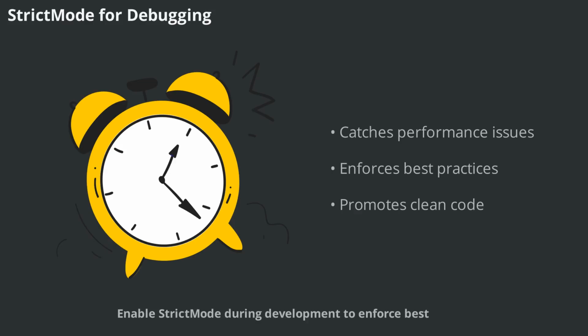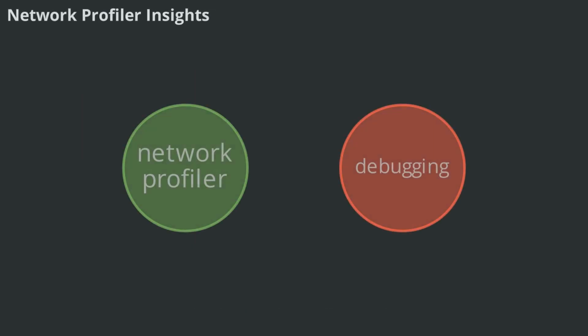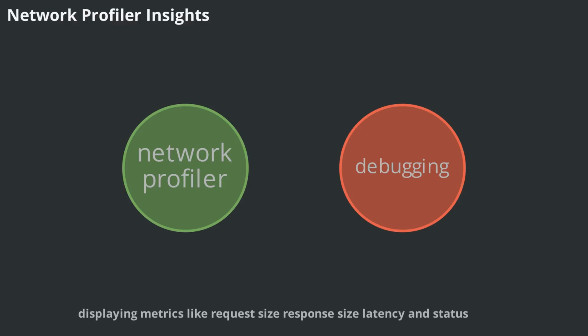Enable strict mode during development to enforce best practices and alert developers to problematic patterns, promoting cleaner and more efficient code. The Network Profiler monitors network activity, displaying metrics like request size, response size, latency, and status. It helps identify large payloads, slow endpoints, and HTTP errors, enabling developers to optimize data usage and resolve API issues